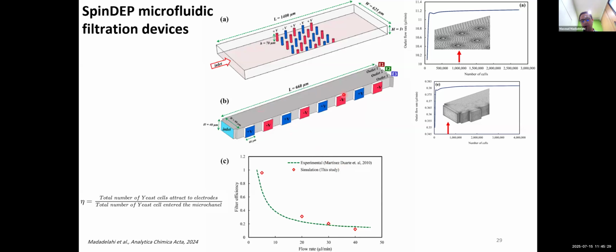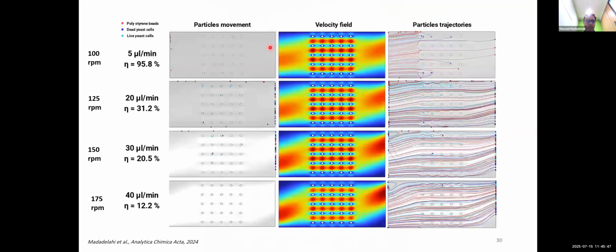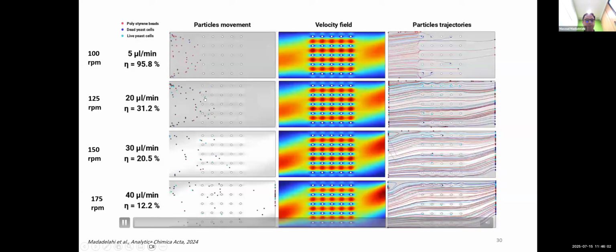Right? And this is our own geometry that we want to analyze after this. But before we focus on this new geometry, even for that experimental work, you can do a parametric study and you can optimize some working parameters, right? For example, here, if I can play this for you, here you can see